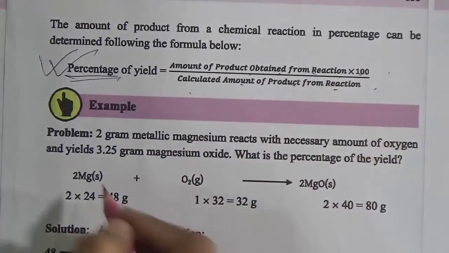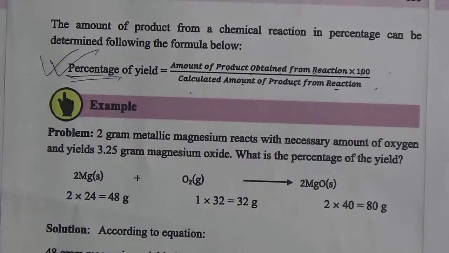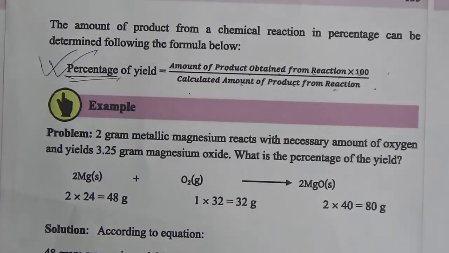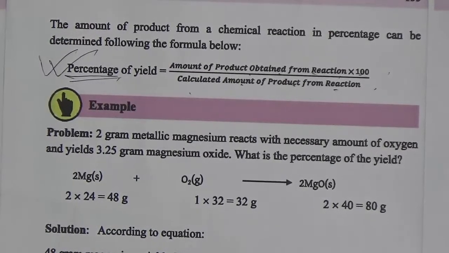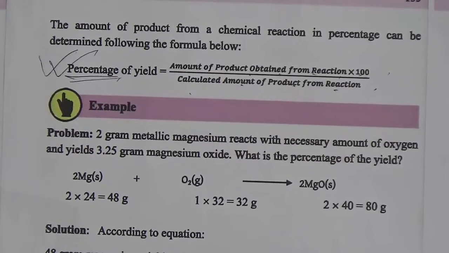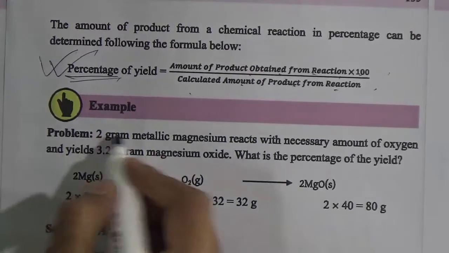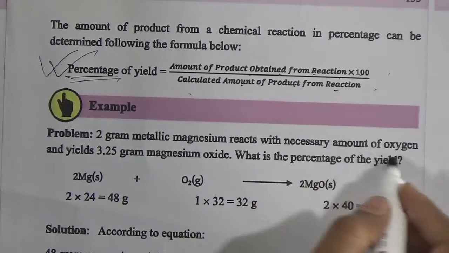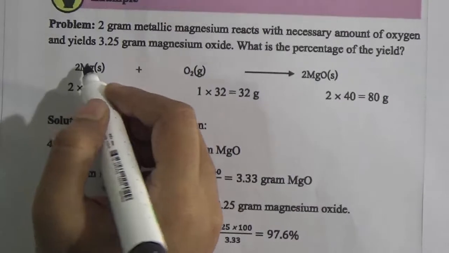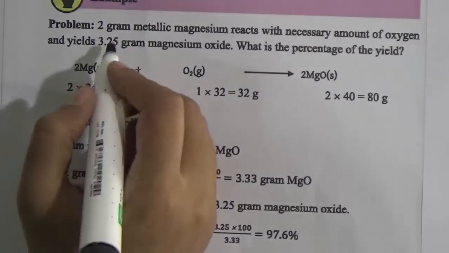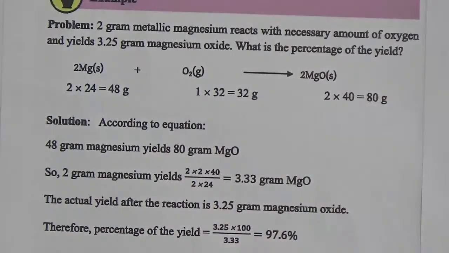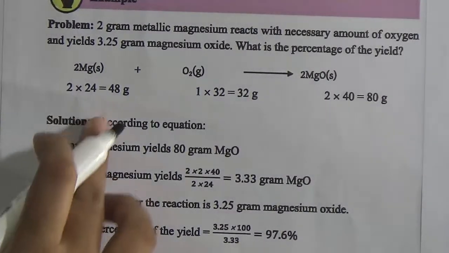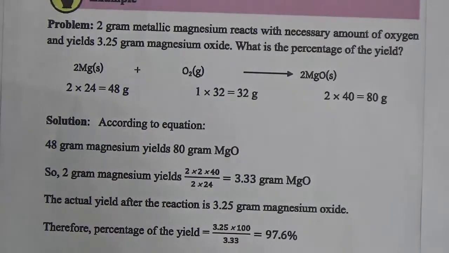That means if we have a question like this way, here 2 gram of metallic magnesium reacts with the necessary amount of oxygen and produces 3.25 gram of magnesium oxide. What is the percentage of yield? Like this way we can easily find that